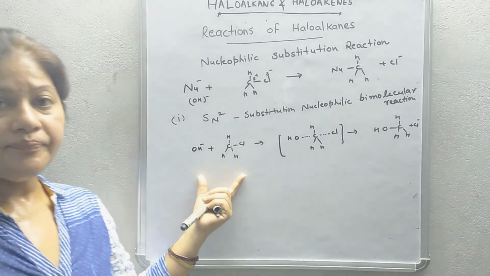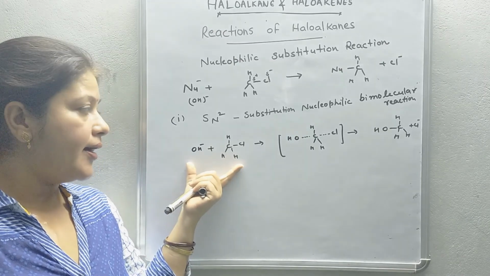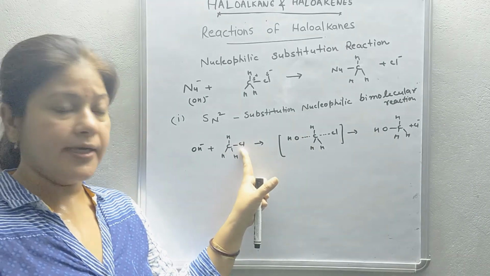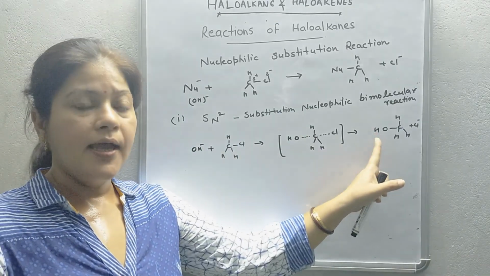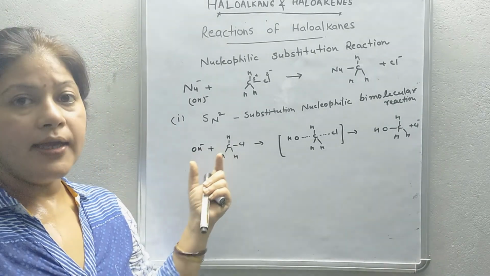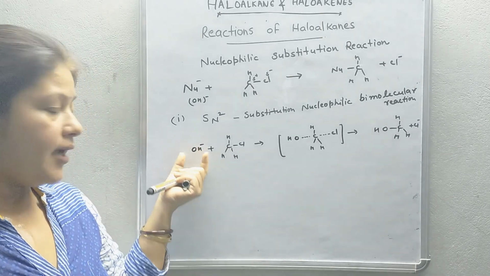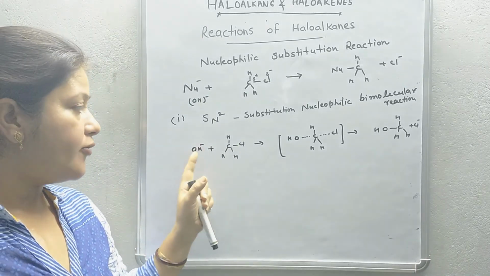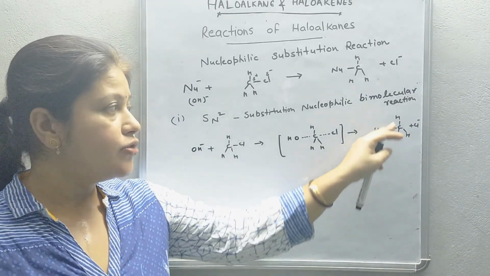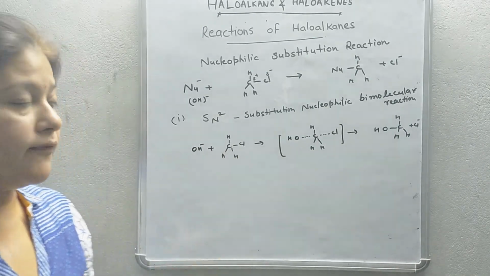As we see, the configuration is inverted at the end of the reaction. That is, chloride ion is placed here, but hydroxyl ion is attached here. So in this reaction inversion of configuration takes place. Means यहाँ पे हाइड्रोक्सिल आयन इस साइड लगेगा और क्लोराइड आयन इस साइड जाएगा, तो इसकी कॉन्फ़िगरेशन चेंज हो जाएगी. इसको कहते हैं इन्वर्जन ऑफ कॉन्फ़िगरेशन.